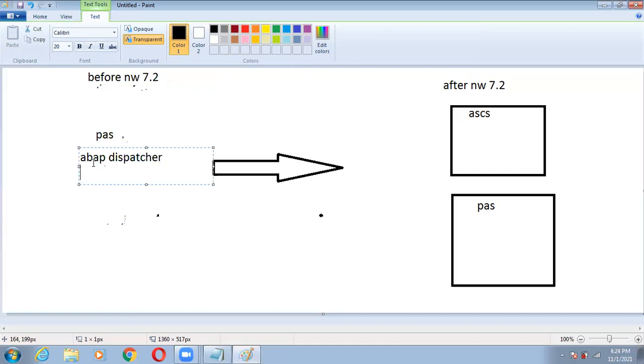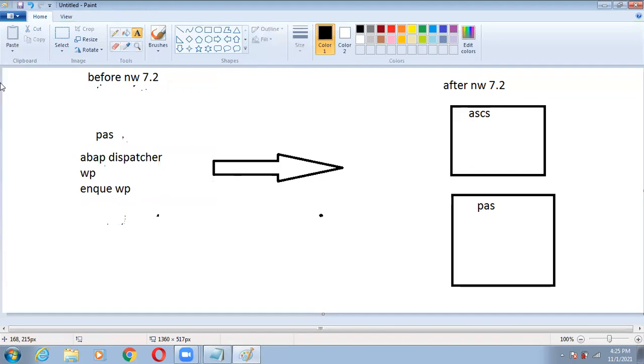In that we have work process, ABAP dispatcher, work process, enqueue work process.